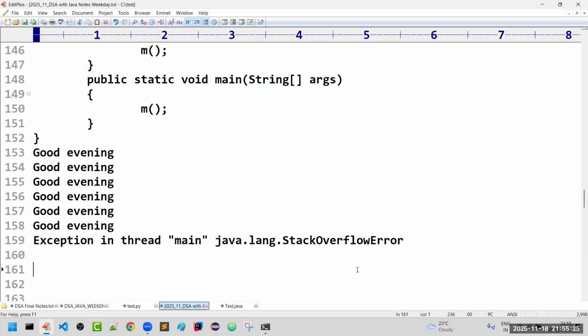If we keep on calling, what will happen? That stack entry is going to be filled, so it will display a message saying stack overflow error. Like that we are getting. Sir, I hope why this error message is coming, what is happening internally, you people have a clear clarity.